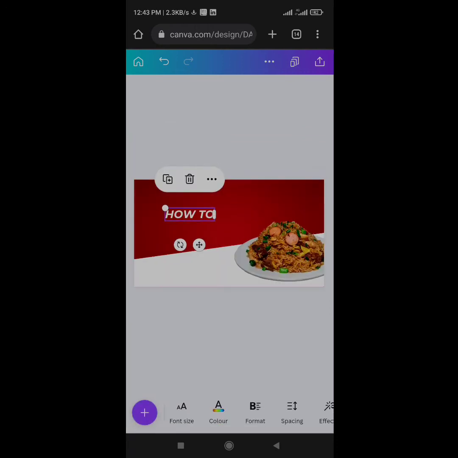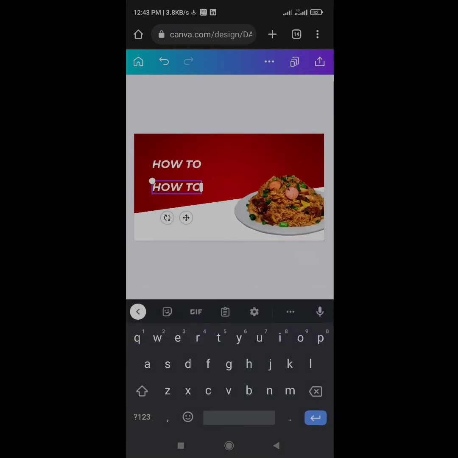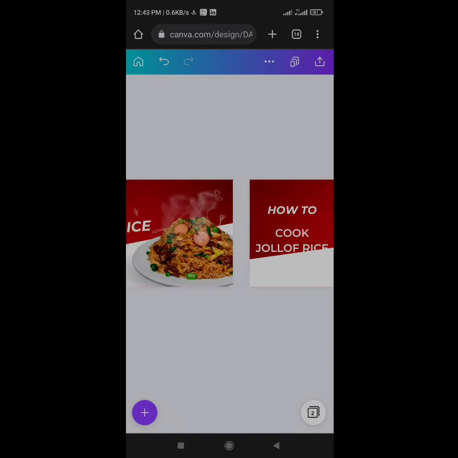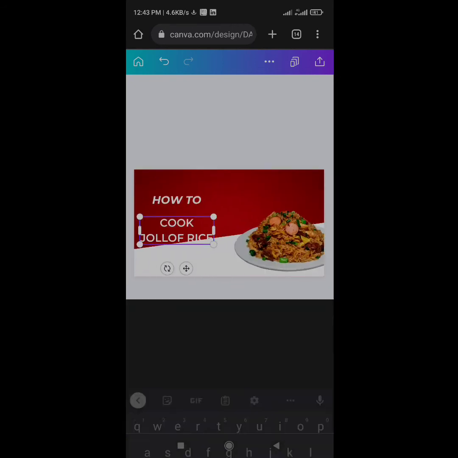Okay, so this is what I want. Let's bring in our other text. So I'll duplicate this, then edit, how to cook jollof rice. Oh, sorry, how to prepare, not cook. How to prepare